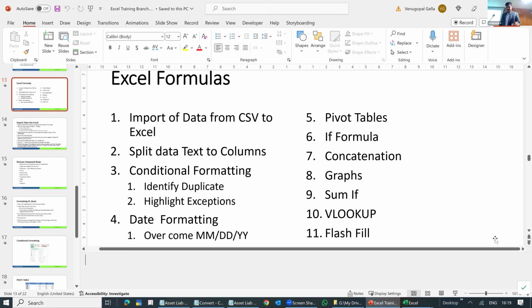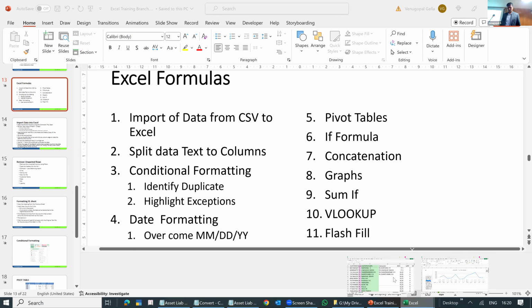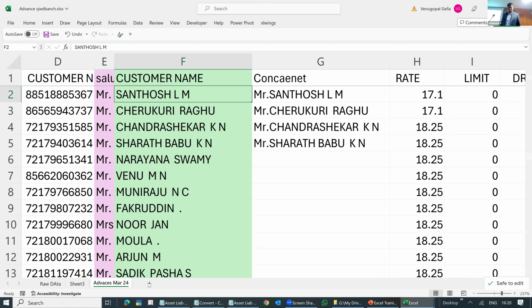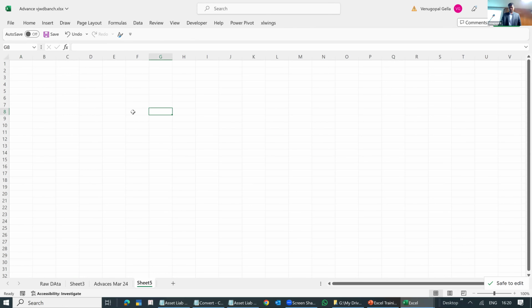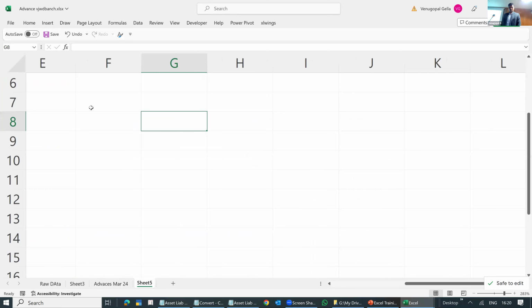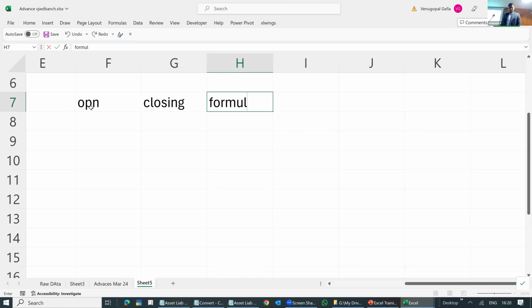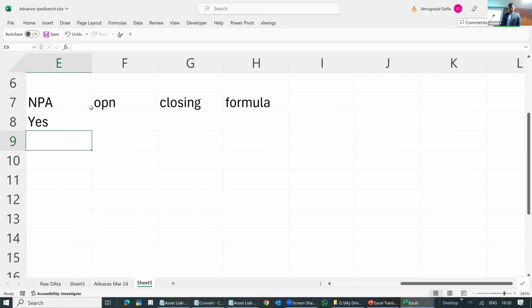So apply that formula. It's a simple formula. Let me just show you once. So randomly I've just given.